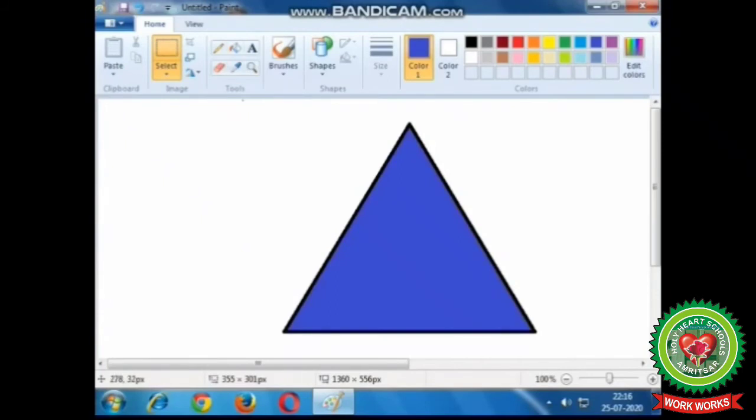Like I have chosen Rectangular Selection tool. Now, select any part of your shape which you want to be removed. Like I have selected upper part of the triangle.